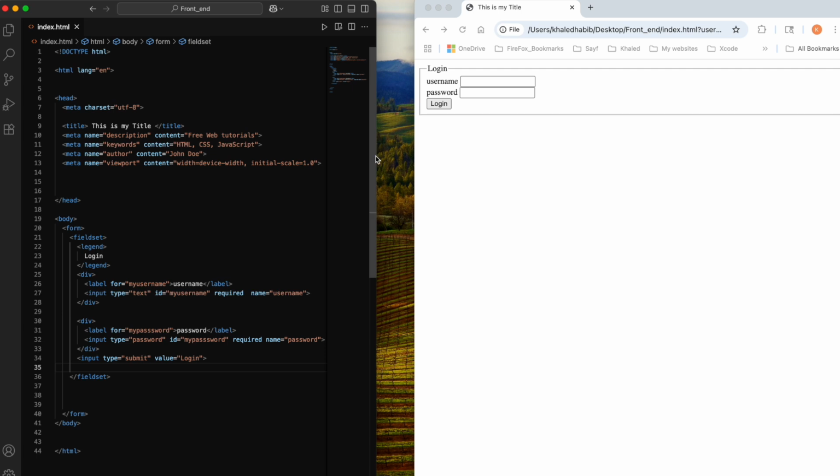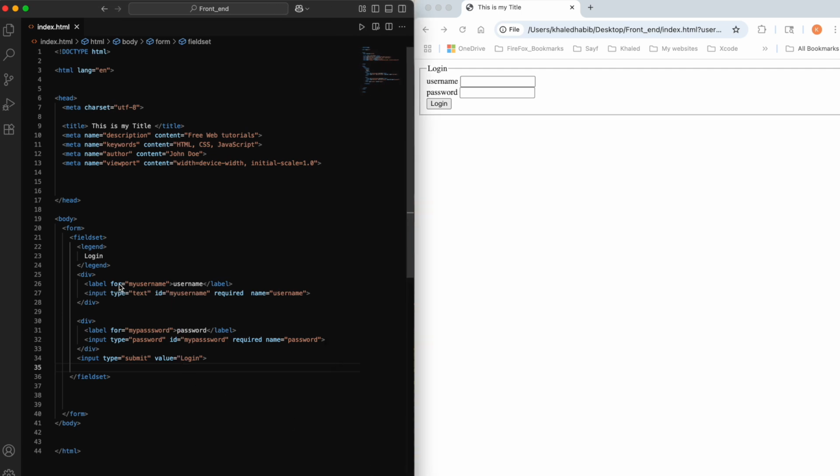here to the index.html, so let me just make it big a little bit. Over here on the form tag, I'm going to add an attribute called method. The method attribute. We have three different types of methods: the dialog and the get and the post. Forget about the